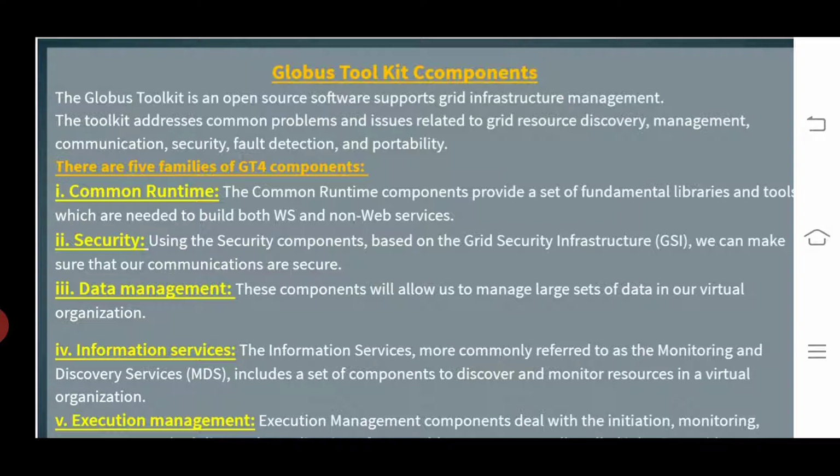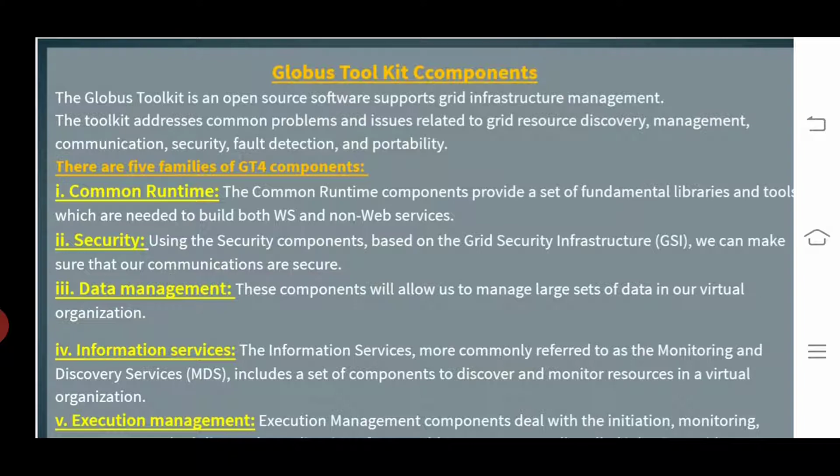Coming to the security component, it is based on the grid security infrastructure. By using it, we can make sure that our communication is secure.